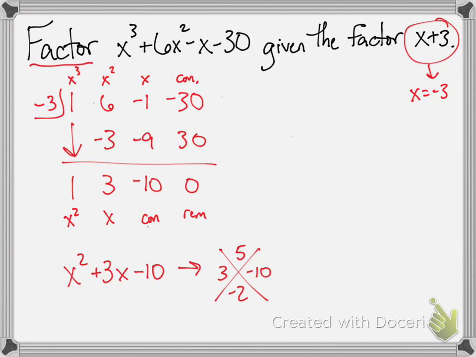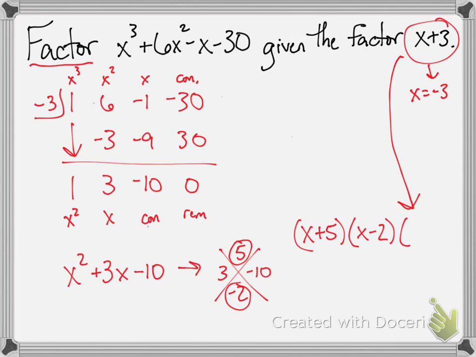Since this is what I would call the easier diamond, where you have a leading coefficient of 1, I already have the two things that I need to write my factors. So I can write my final answer with the x plus 5 and the x minus 2 from my diamond. I'm then going to pull down the factor that was originally given to me, the x plus 3. This would be your final fully factored answer based off the synthetic division and then factoring what was left over